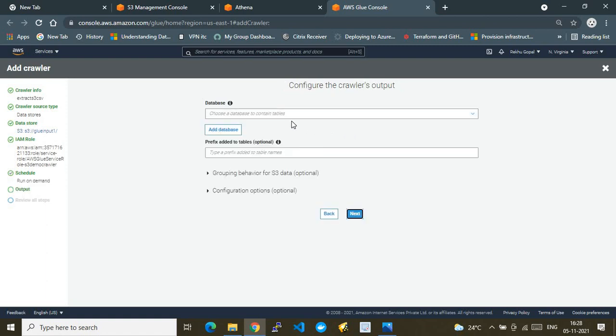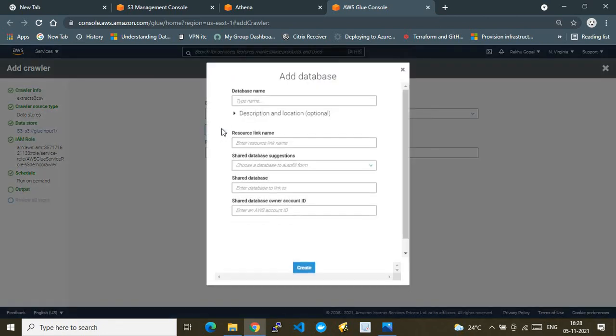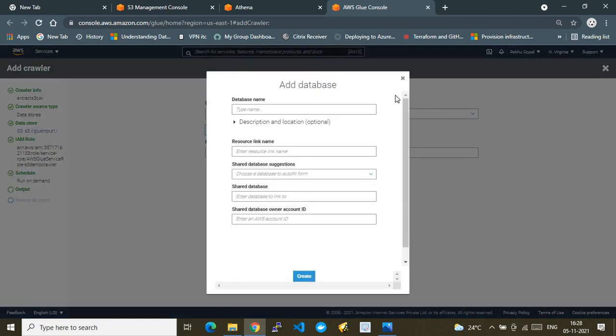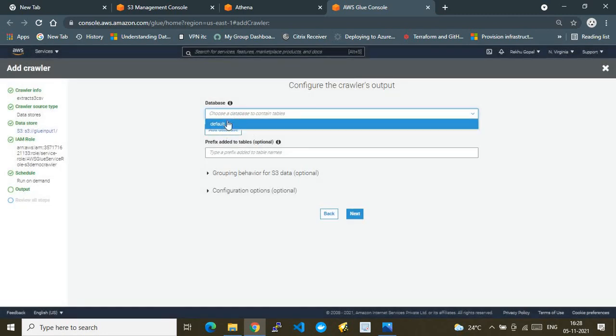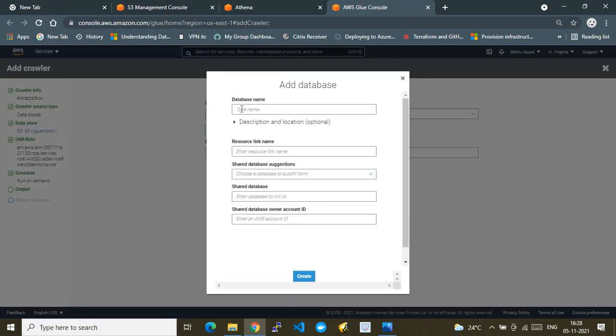Now let me add a database here. Since the database is already there, we use the default database. Or else, if you want to add a new database in the crawler service, you can add it here. And for the resource link, you need to provide the resource link name and shared database.